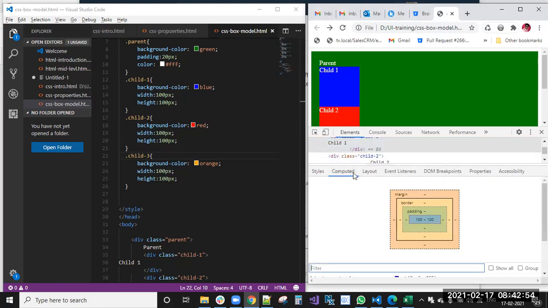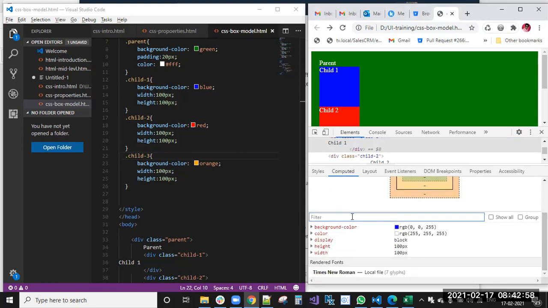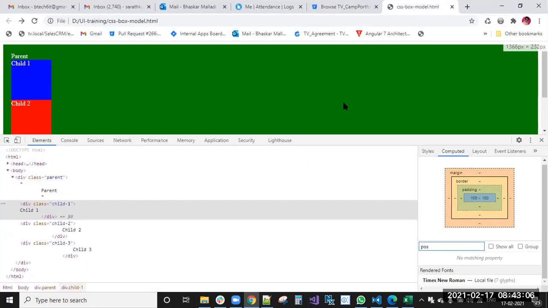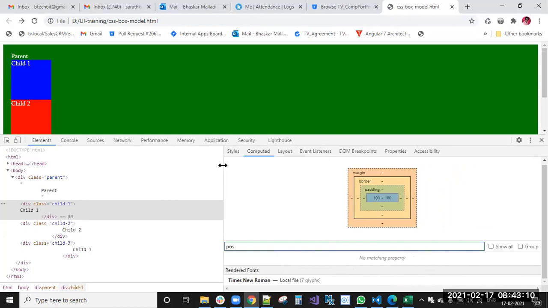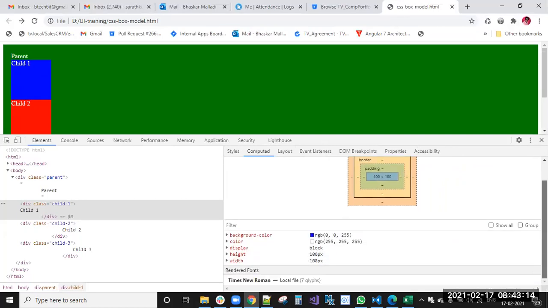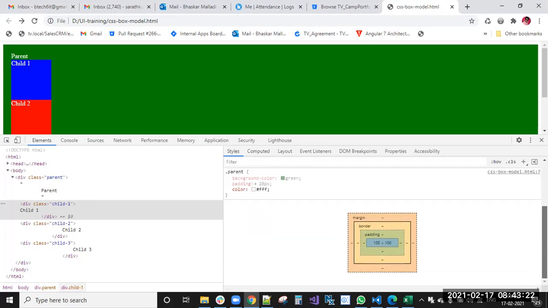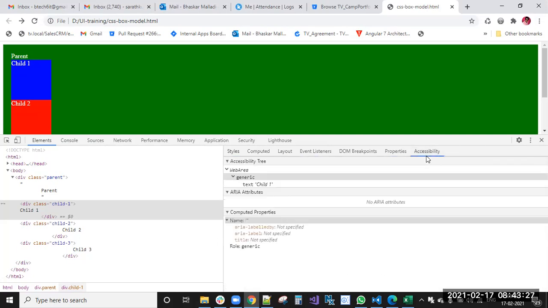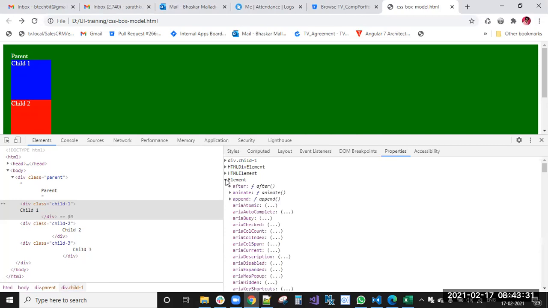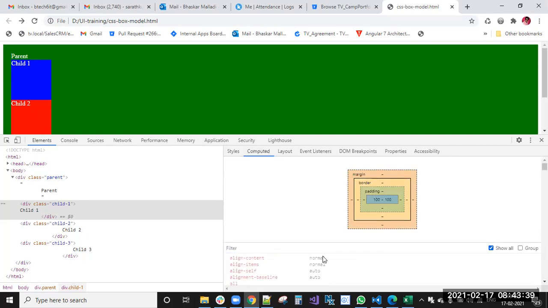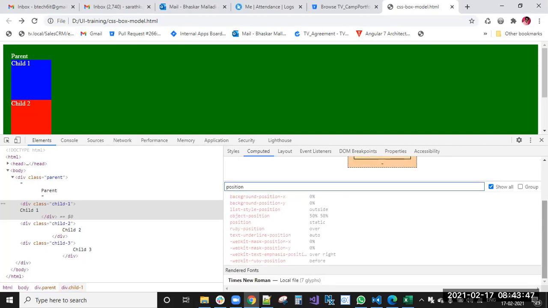Now we'll go to the properties. If you search for position, here you can see this position property is static only, right?